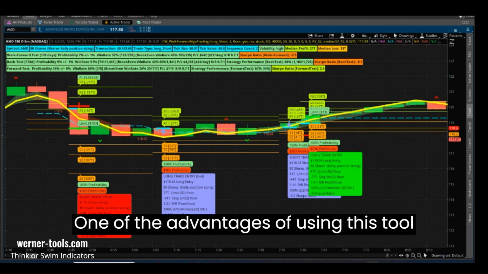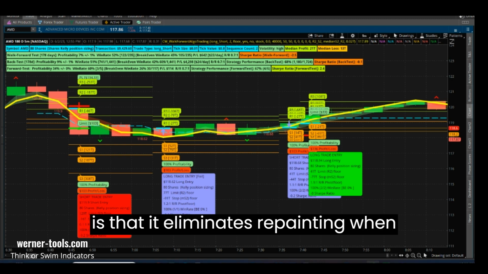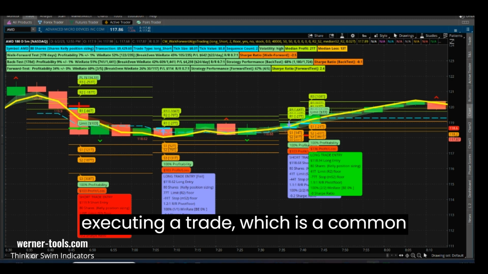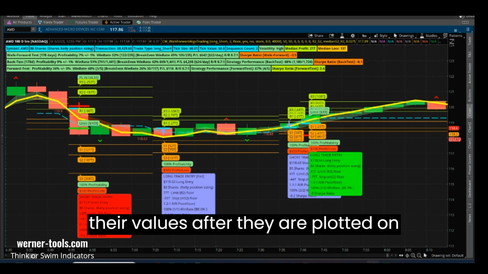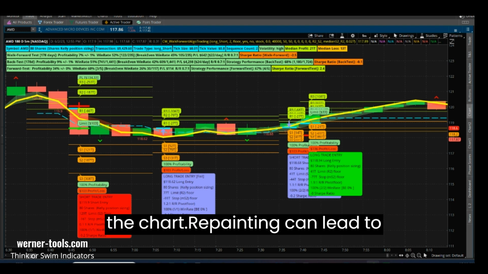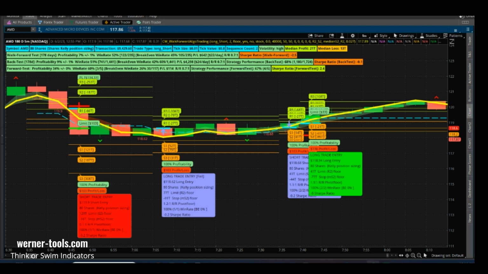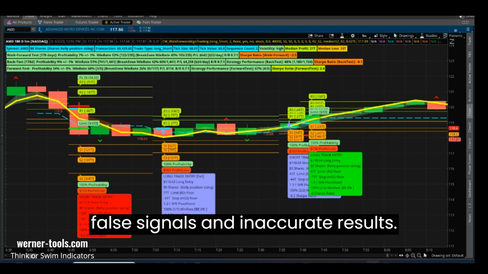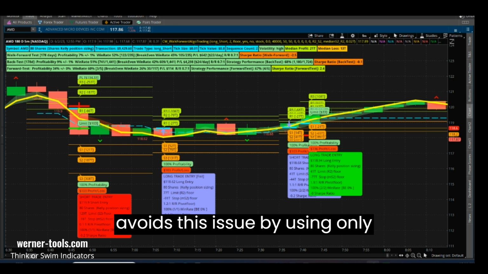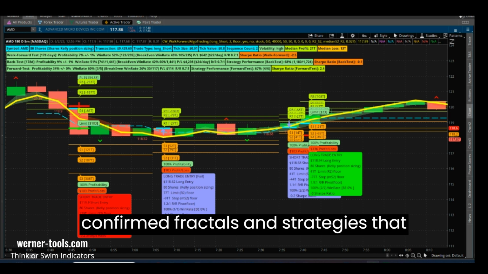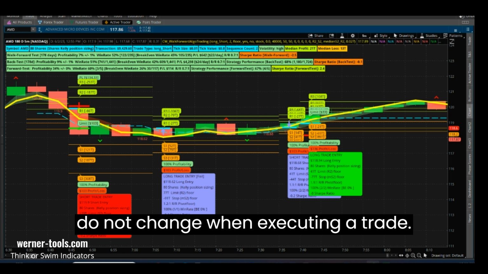One of the advantages of using this tool is that it eliminates repainting when executing a trade, which is a common problem with many indicators that change their values after they are plotted on the chart. Repainting can lead to false signals and inaccurate results. The Walk-Forward Algo Trading tool avoids this issue by using only confirmed fractals and strategies that do not change when